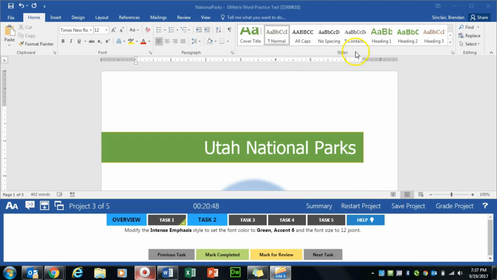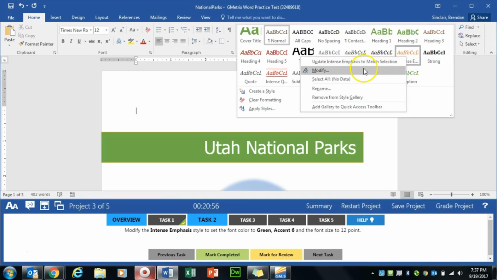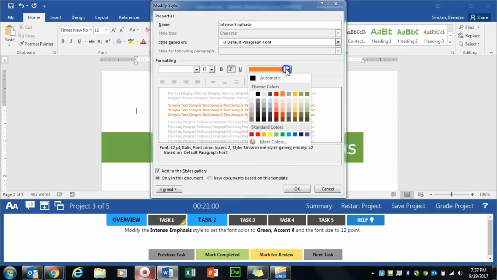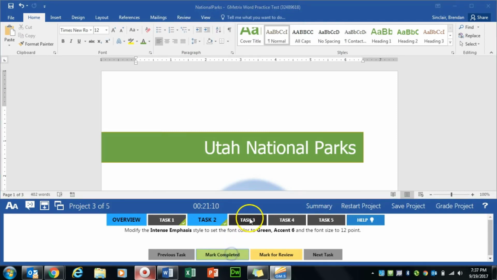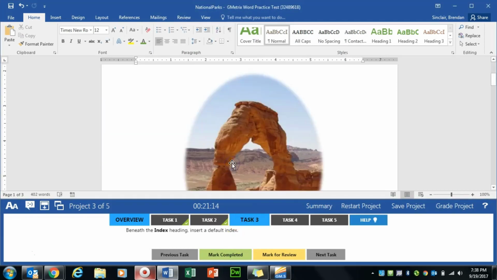So we're still on the Home tab. We're in the Styles group, and we want to click this More button here. And then this is your Intense Emphasis. We want to right-click here and click Modify. Now it tells us that we want to change the color to Green, Accent 6. If you're not sure, hover. It is this one, and it tells us to change the font size to 12. It's already at 12, so we'll go ahead and click OK. We'll click Mark Completed. Task 3 asks us to go ahead and insert an index underneath the Index heading, so